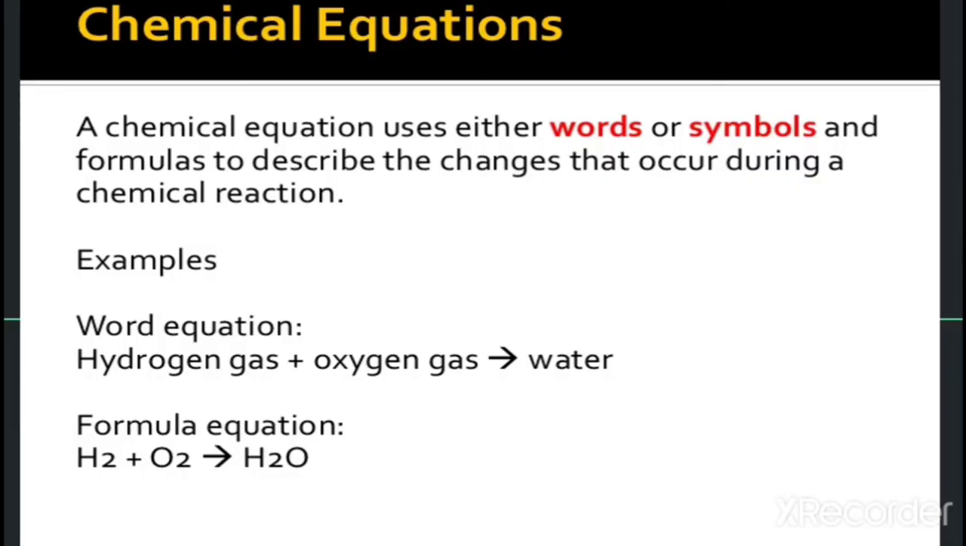Here H2 + O2 gives H2O. This is the formula equation, and we can convert it into a word equation: hydrogen gas plus oxygen gas gives water. We know hydrogen and oxygen are gases. So hydrogen gas plus oxygen gas gives water. Generally,